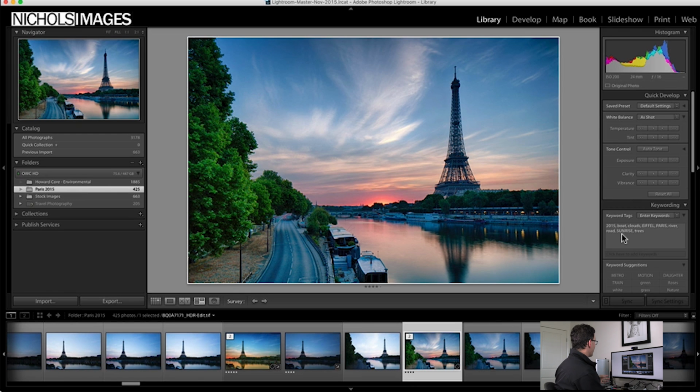If I click in Eiffel and I just type in Eiffel in a filter, then it'll pull all the pictures that have the keyword Eiffel Tower or Eiffel. Same thing with sunrise. Maybe I'm looking for a sunrise. That's a better example. And I'm looking across all of my images that I've ever taken, because maybe I have